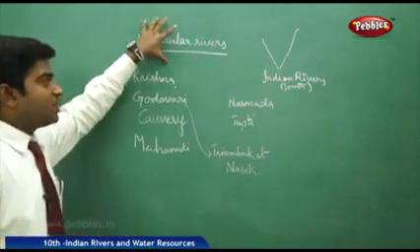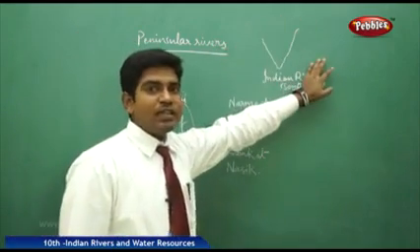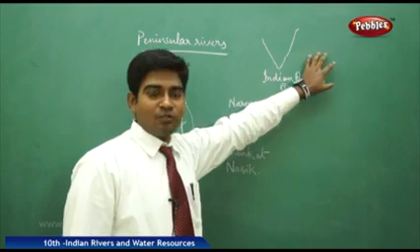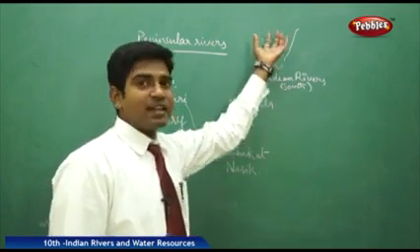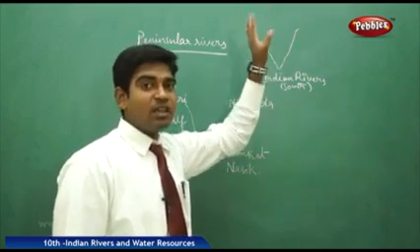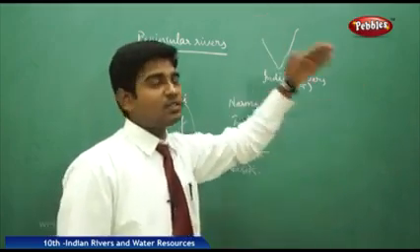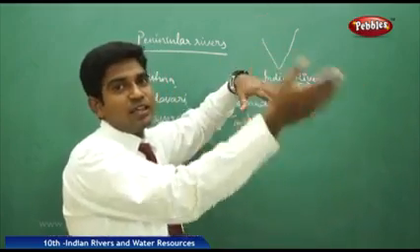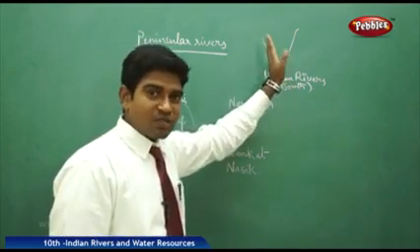Among the peninsular rivers, the major rivers start from the Western Ghats, move towards the Eastern Ghats and fall into the Bay of Bengal. The Western Ghats are elevated and the Eastern Ghats are not as elevated as the Western Ghats. We have a variation there, and it is slightly tilted towards the eastern side, meaning it has a bending shape towards the east. This is one of the major reasons why the rivers